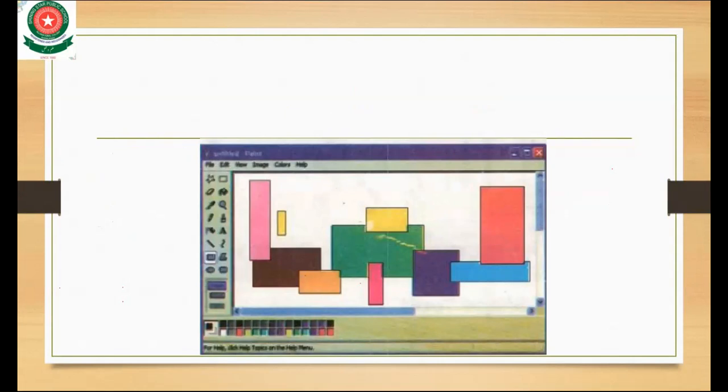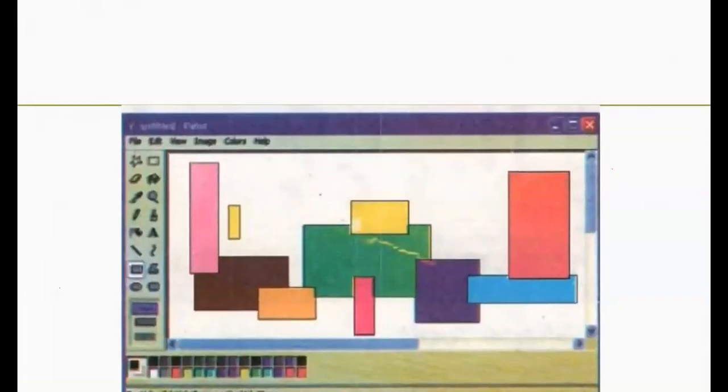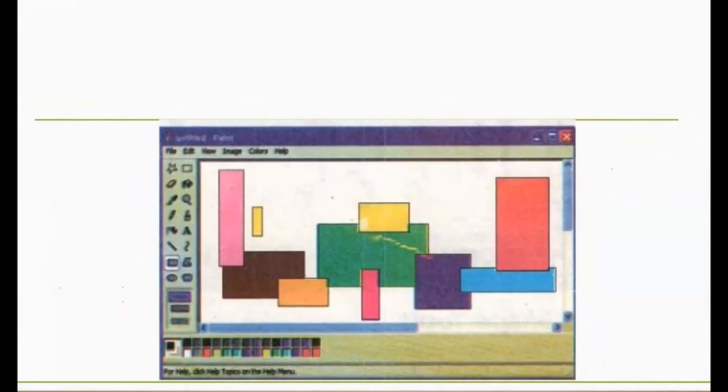See the diagram, how can you draw a rectangle. Okay class, see this diagram.